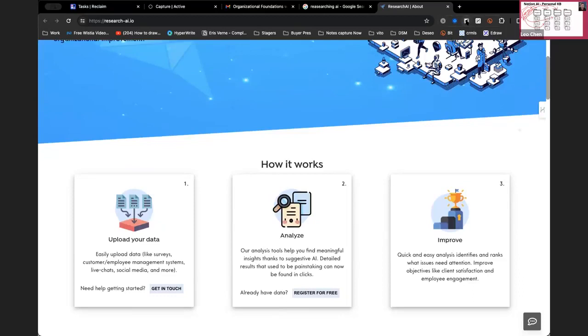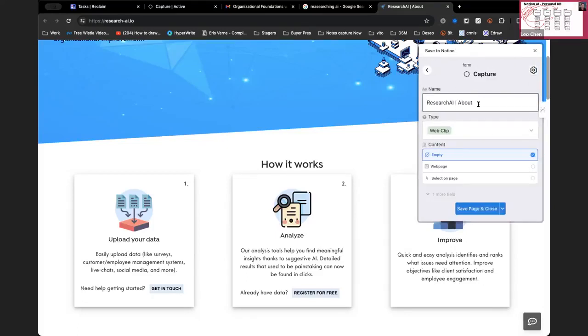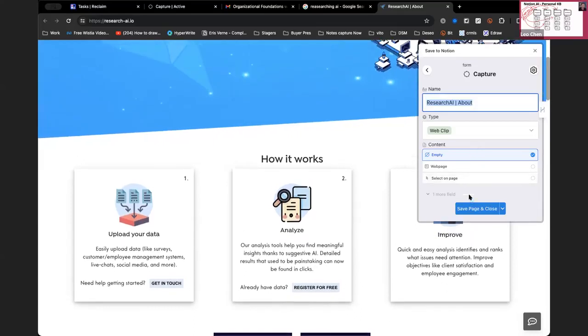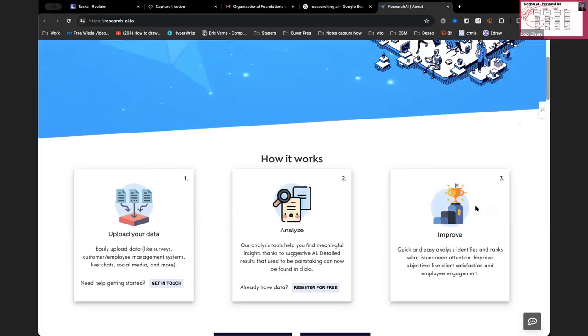So I click here, this little plugin for Notion, and now I can capture it. So I click capture, and now it's captured the name of it. It's captured as a web clip, and it's going to capture the link to it, and I can say save. Now I saved it to Notion.